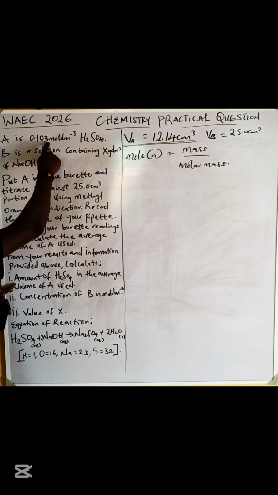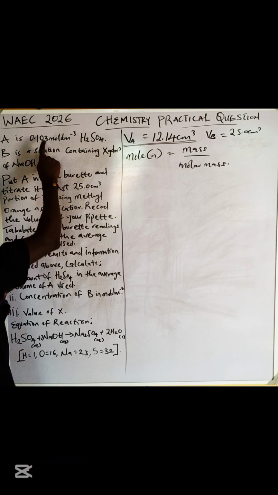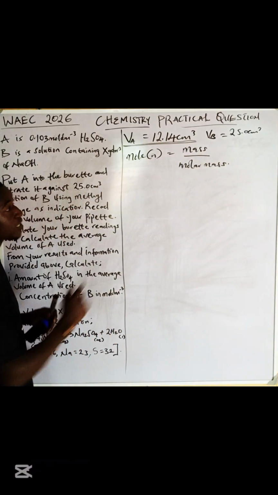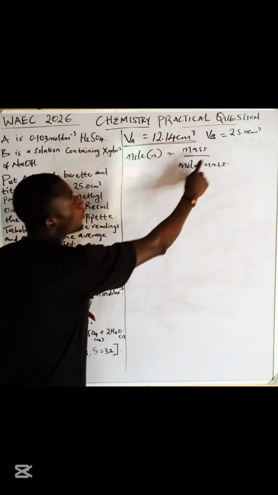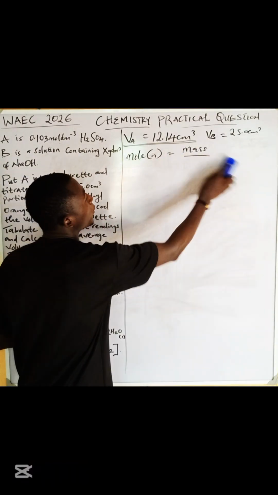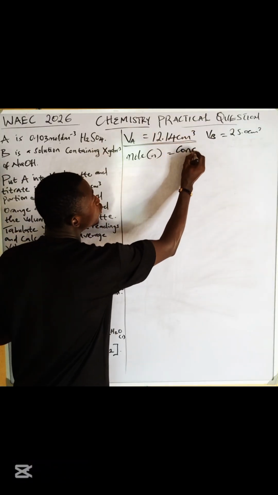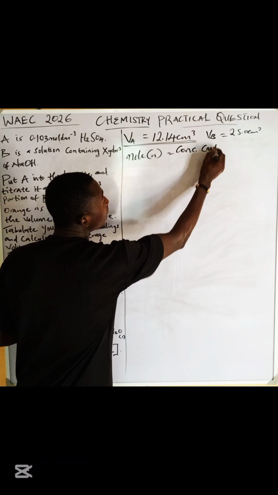Instead, we were given the concentration of the acid. Had the mass been given here, we could use this formula. Do you understand? Then we already know the molar mass. We can calculate the molar mass of acid from here. But because mass is not given, it's concentration, so we use the second formula now, which is the amount in moles equals concentration in mole per dm³